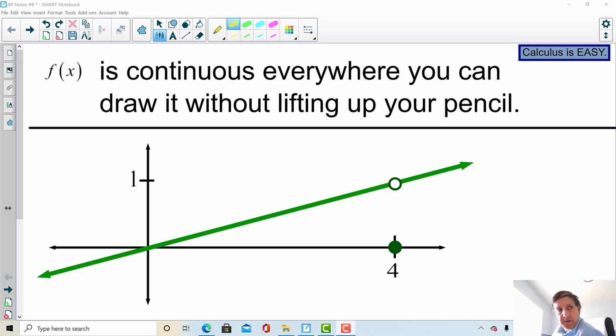Okay, these are the video notes for homework number 8. We're starting a new chapter. This is about continuity. Okay, for our first example, we're trying to show you that f of x is continuous